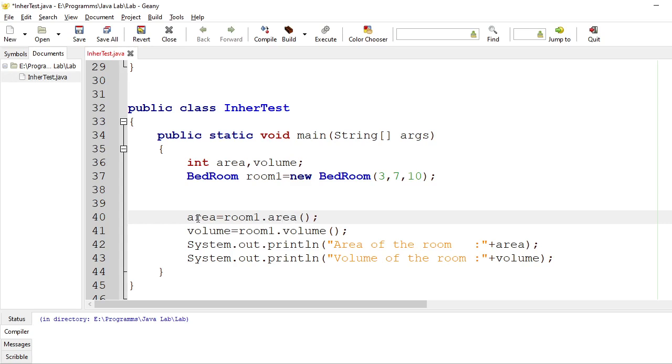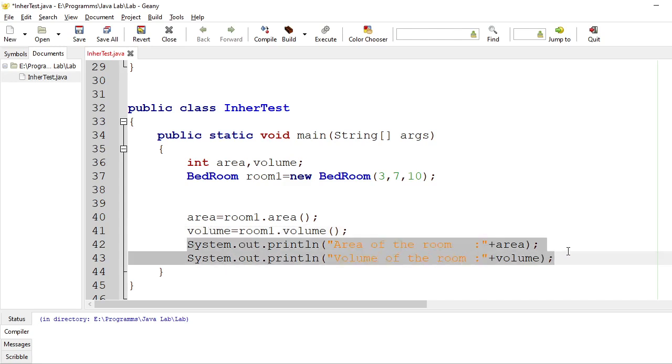Then I call one more method called volume. This volume method is called from the bedroom, finds out the volume and stores it in the volume variable. Lastly, I will print out both area and volume in a formatted manner. This class explains how to use the inherited class.